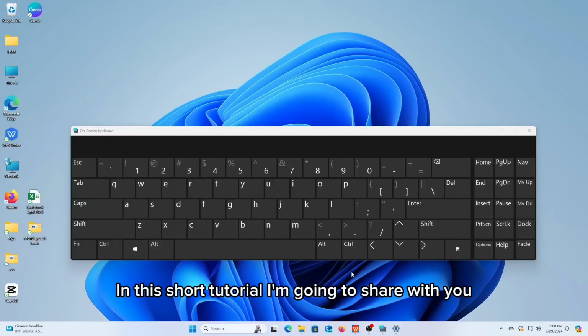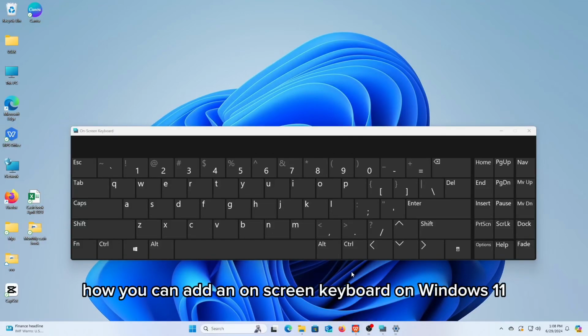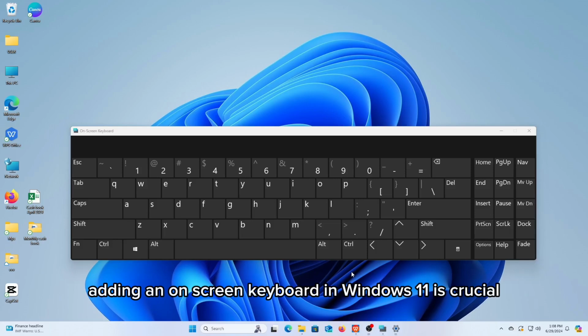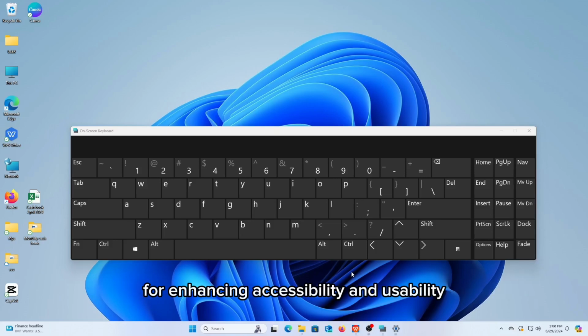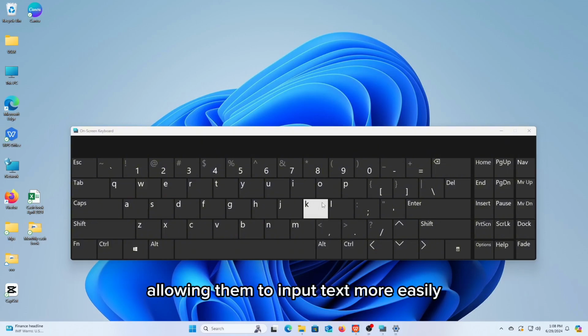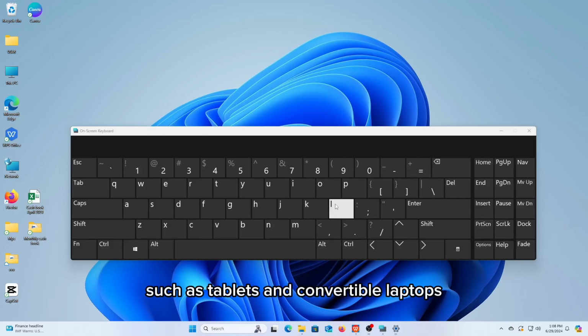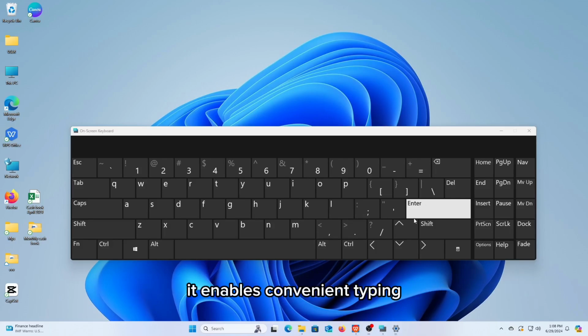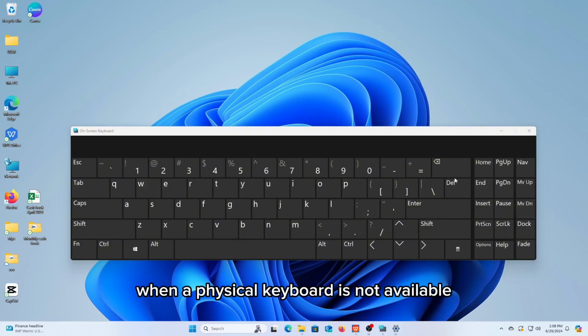In this short tutorial, I'm going to share with you how you can add an on-screen keyboard on Windows 11. Adding an on-screen keyboard in Windows 11 is crucial for enhancing accessibility and usability. This provides essential support for users with physical disabilities, allowing them to input text more easily. And for touchscreen devices such as tablets and convertible laptops, it enables convenient typing when a physical keyboard is not